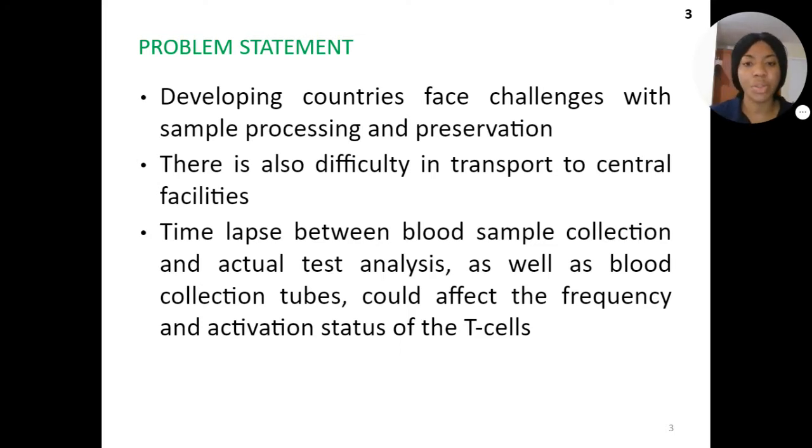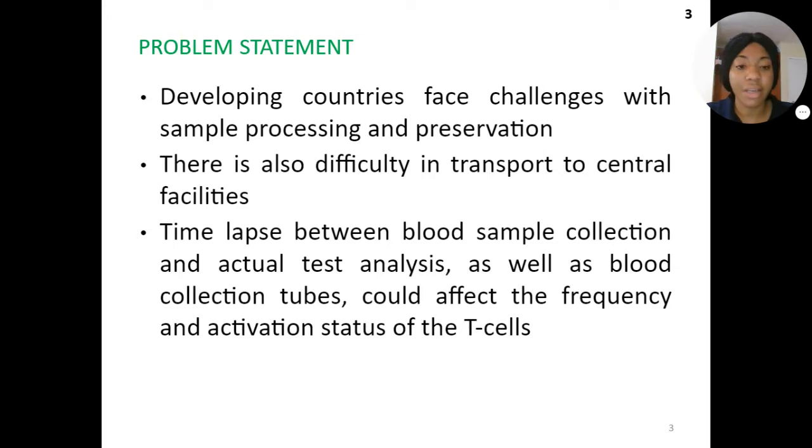Now, the time lapse between blood sample collection and the actual test analysis may have an influence on the frequency. When I say frequency, I mean the number of viable cells, and then the activation status of the T cells. And another factor that might have an impact on these two parameters